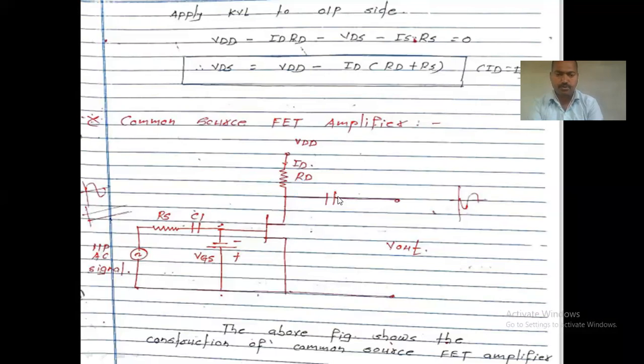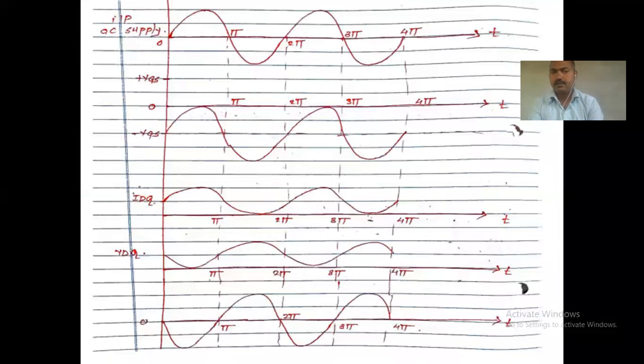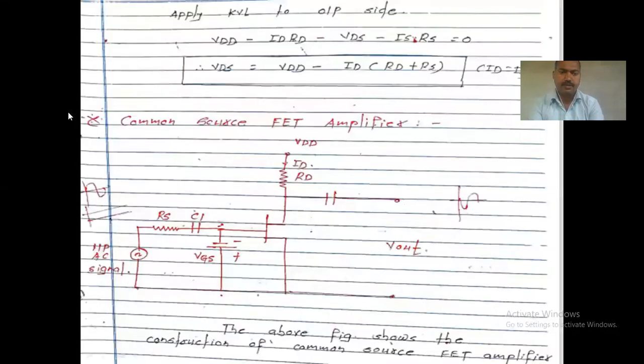Okay, so you get output here, right? But whatever output comes should be opposite in phase. Why is it opposite? That relates to the figure. See, the input AC supply is basically a sine wave. This is the sine wave we have applied here: positive half cycle, negative half cycle, positive half cycle, negative half cycle. This is basically a sine wave as the input AC signal applied across it, right?